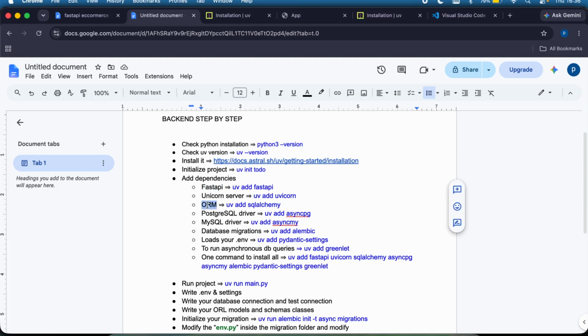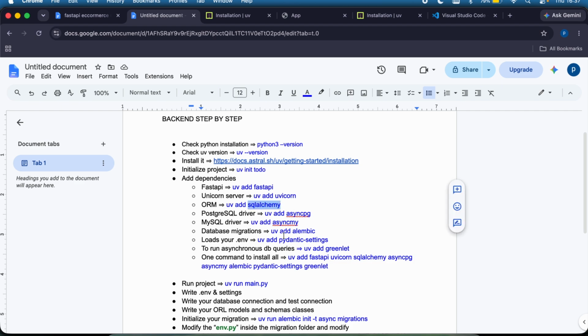We'll be using an ORM, SQLAlchemy. ORM means Object Relational Mapper. It basically helps us to write SQL using our Python code. So by writing a function or a class, it's going to convert that to SQL and help to connect to your database and do other stuff. So instead of us writing our database queries ourselves, by writing Python code, it helps to manage our DB. So that's what an ORM is, and